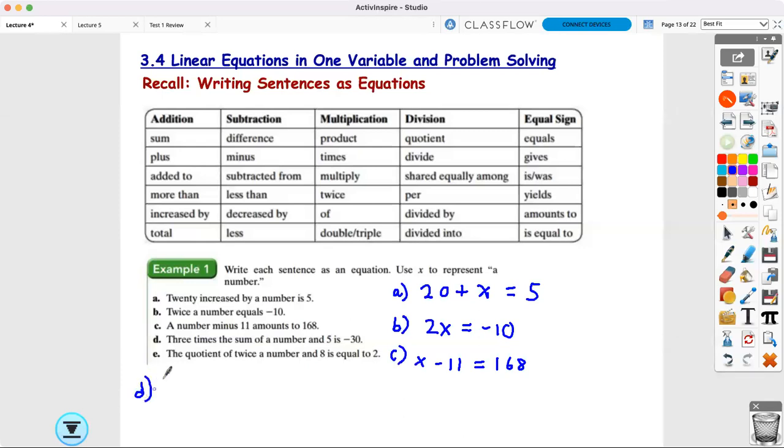D, 3 times the sum of a number and 5 is -30. E, the quotient of twice a number and 8 is equal to 2. The quotient, so quotient is twice a number, so 2x over 8